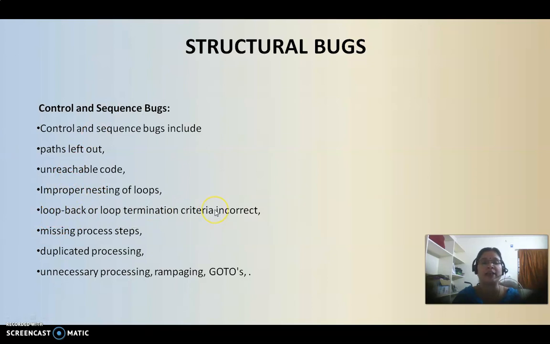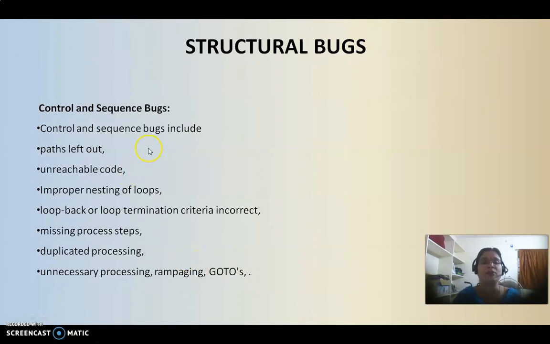Loop termination criteria is incorrect, whatever loops you are using. Also missing process steps, duplicated processing, unnecessary processing, and problems in go to statements. All these are considered control and sequence bugs.